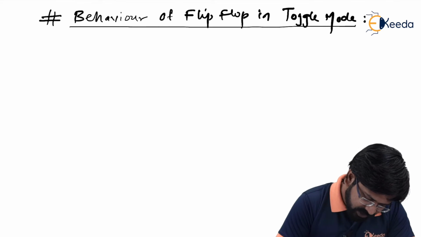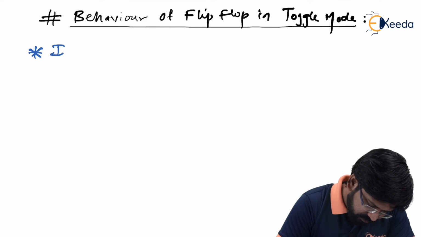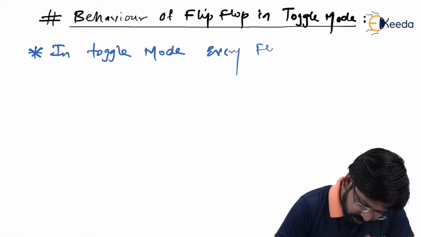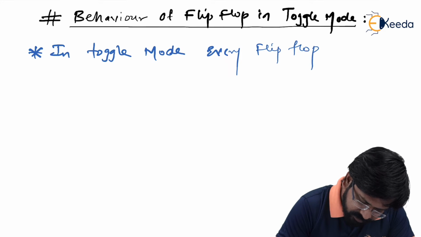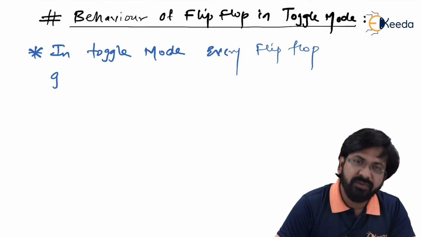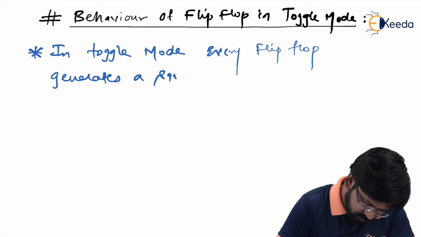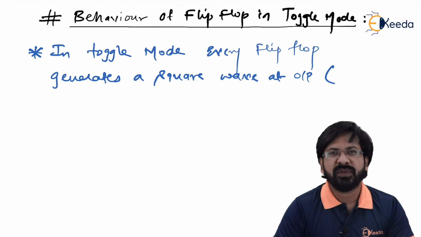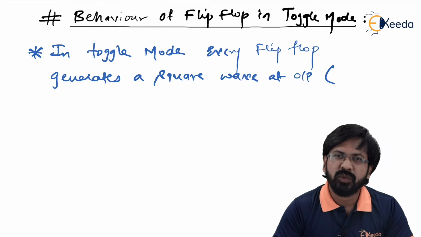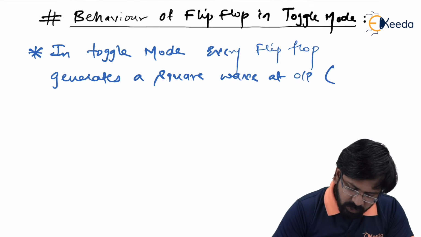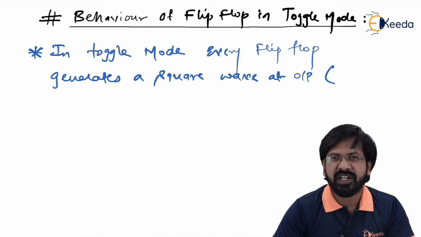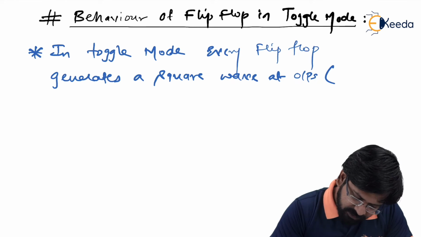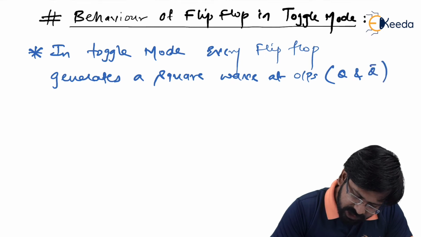So what I just said is, in toggle mode, every flip-flop generates a square wave at output. See, when it comes to a flip-flop, there are two outputs, right? That is Q and Q bar. So when I say it is generating a square wave at output, it is not only generating output at Q, it is generating the same complemented output at Q bar also. So outputs Q as well as Q bar